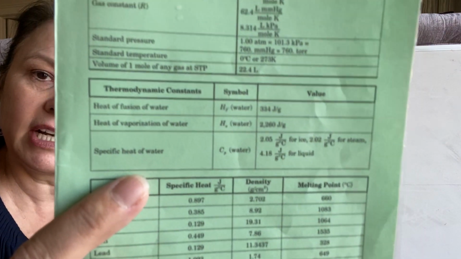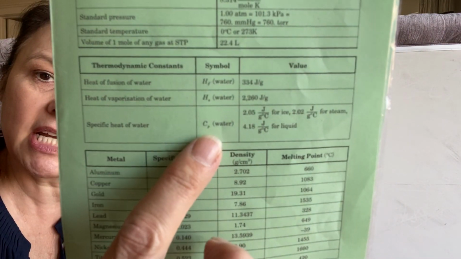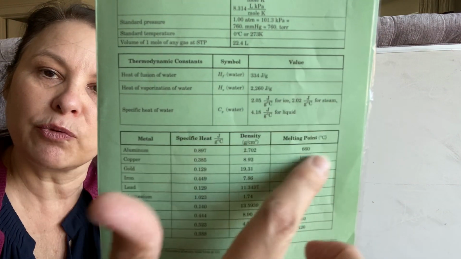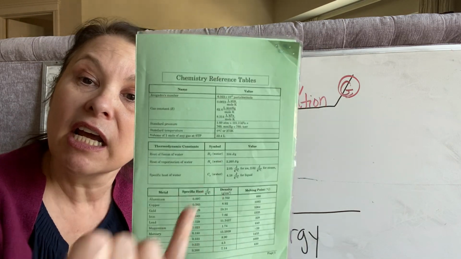It gives you the little symbol, CP, right here. And it gives you 3 values. The reason why is because water can exist in 3 states. So if I tell you I'm trying to warm up liquid, then you need to plug in the specific heat, you're going to pull in the water value,